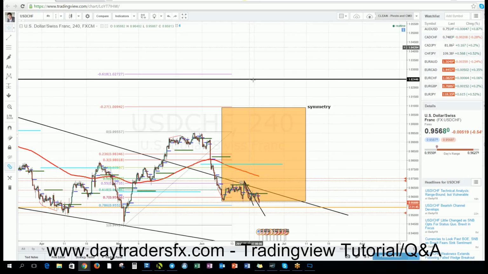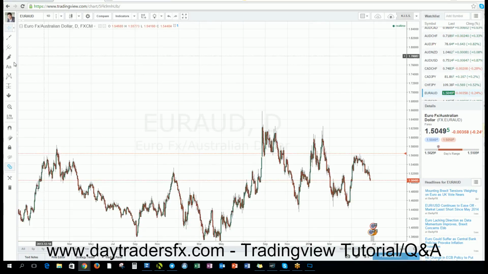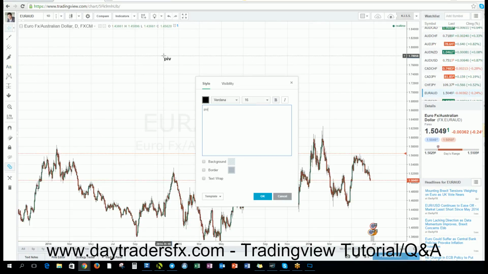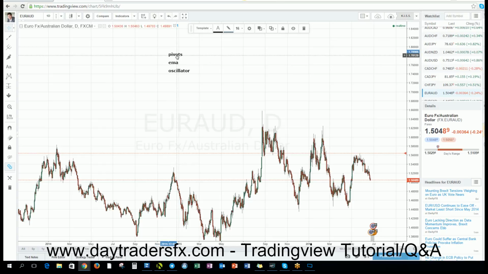Okay, so if we go into, let's add a particular indicator. Like I said, we're doing pivots, and we'll do the EMA, or the exponential moving average, and then we'll do a specific subgraph indicator or an oscillator if somebody wants it. Whatever you guys want. And I know that I've had a couple members reach out to me asking about Ichimoku clouds and other things like that. So, okay, let's start with a pivot, shall we? So what we're going to do,